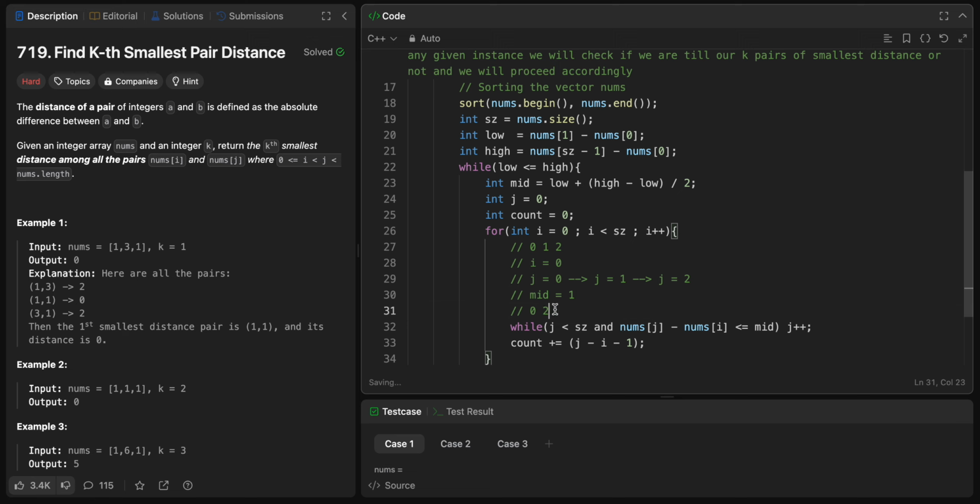Why shouldn't we include 0? Because I should not be equal to j. So 0 0 would not be the case, and also 0 2 would not be the case because that 2 is already out of bounds. So we are not including two elements, and we knew that